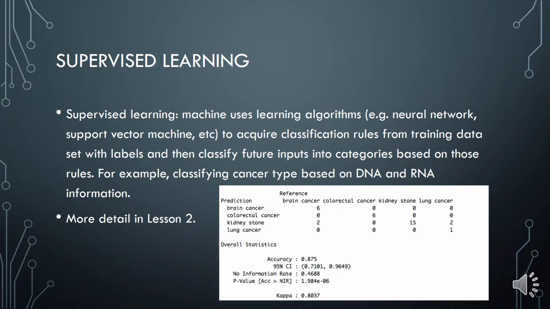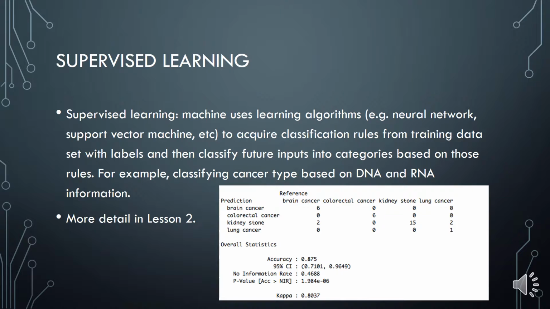Very important to supervised learning is this thing called confusion matrix. This is an example of a confusion matrix. It is used for evaluating how good your predictions are. So let's say, for example, in this case, we have